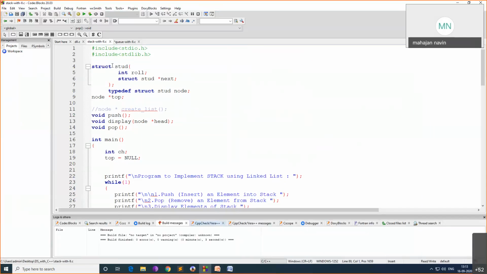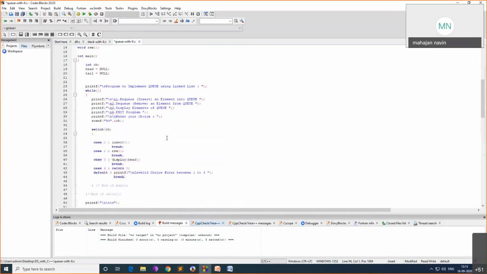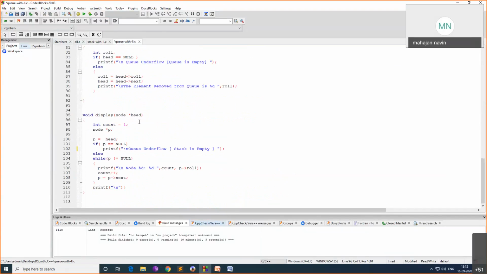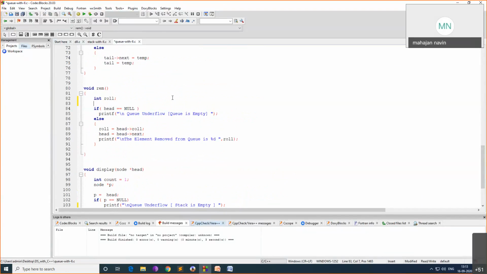Then the program. Suppose this is stack. Stack is over. We'll take queue with the linked list. Where is it happening? See here, display, remove. When you want to remove, if head equal to null, queue underflow. Otherwise, we'll read the data first in roll number. Head will move to next. So before that, I'll take one temporary variable, node t.